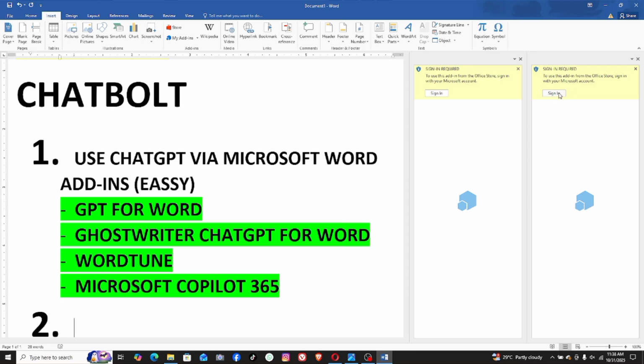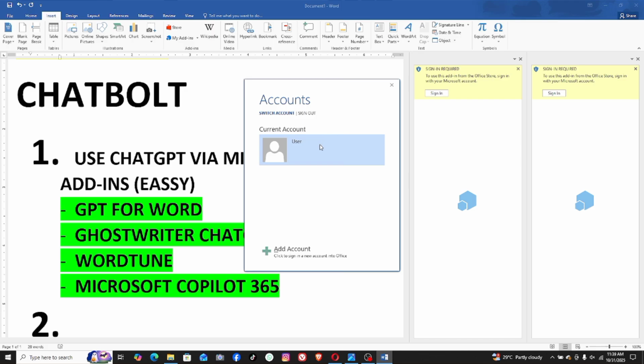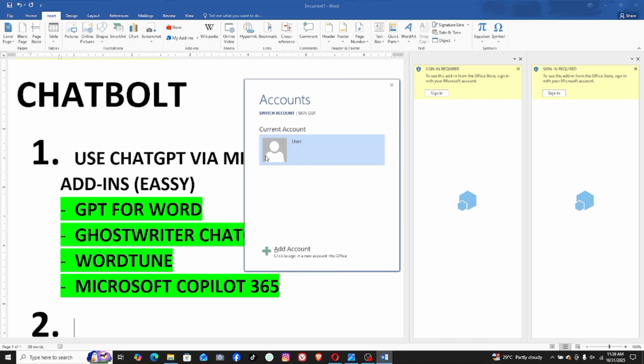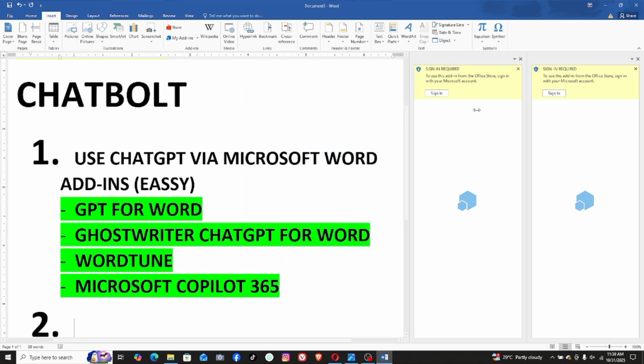So as for now, you just come here and do your sign in, because that is why the first thing I said is you need to first have internet on your computer. Okay, so I can sign in with my user. I click sign in. This is the user account that I'm using. So when you sign in and everything is okay, I take current user, just to give you some time, you need to do the sign in, and that is all about this. So now we can start, maybe come here to tell ChatGPT what to type here, what to prepare for us, and we just go like that. Okay, so apart from this method that we are done with,